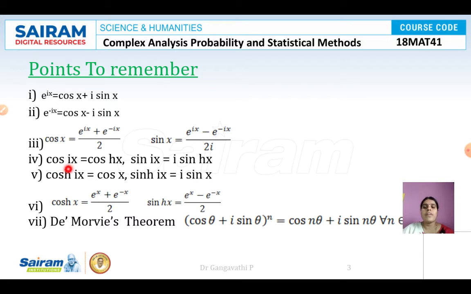So cos of an imaginary term. Usually we come across cos x. Cos x is this. But what if we have an imaginary term here, that is cos ix? So cos ix is nothing but cos hyperbolic x. How exactly is it? You may also prove this result, but the proof of this is not required for us as per the syllabus. But for your understanding, you may work it out by using the formula again. So sin ix is i times sin hyperbolic x. So these are the results which you need to remember.